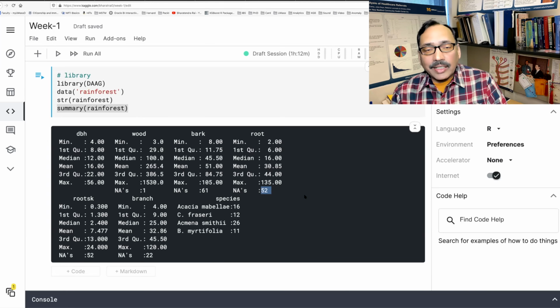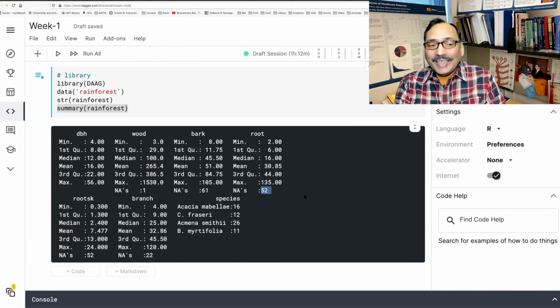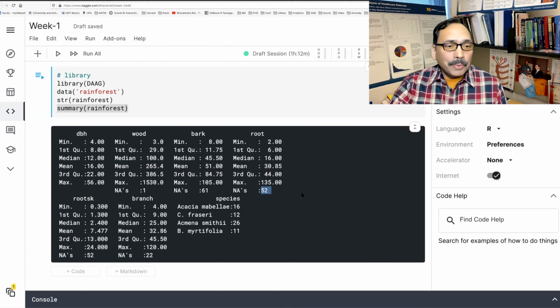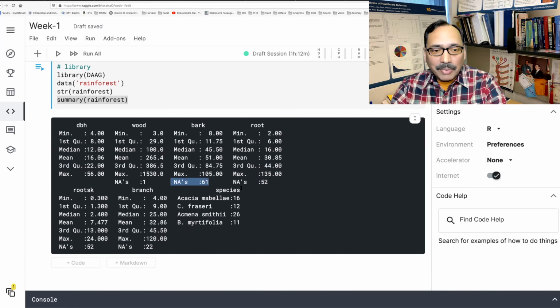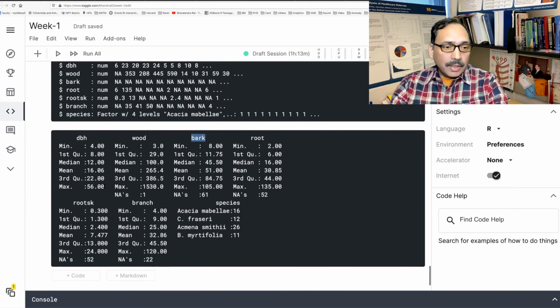Handling missing data is also something very important. You cannot simply delete missing data values. For example, this data set has 65, I think, rows. So if you start deleting each row where any data point is missing, very quickly all the data will be lost. You can see bark has 61 missing data points. So you'll not be left with much.